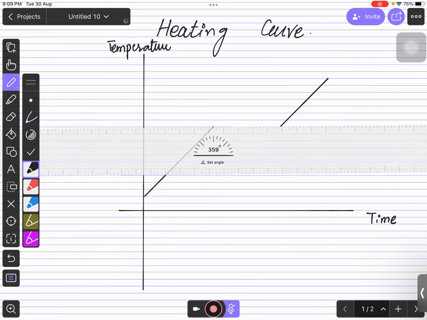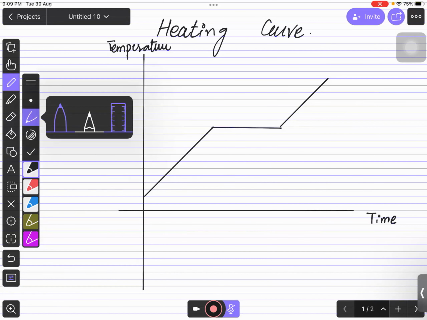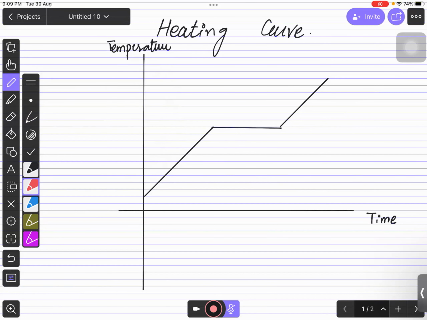This is actually one of the heating curves over here. Right now you can see this: you have one substance over here, and you are heating that substance. Just look over here. For example, I am taking the temperature differences over here: this is 20, this is 40, this is 60, this is 80, this is 100, this is 120, 140, 160, 180, and 200, for example. And for example, 220, right?